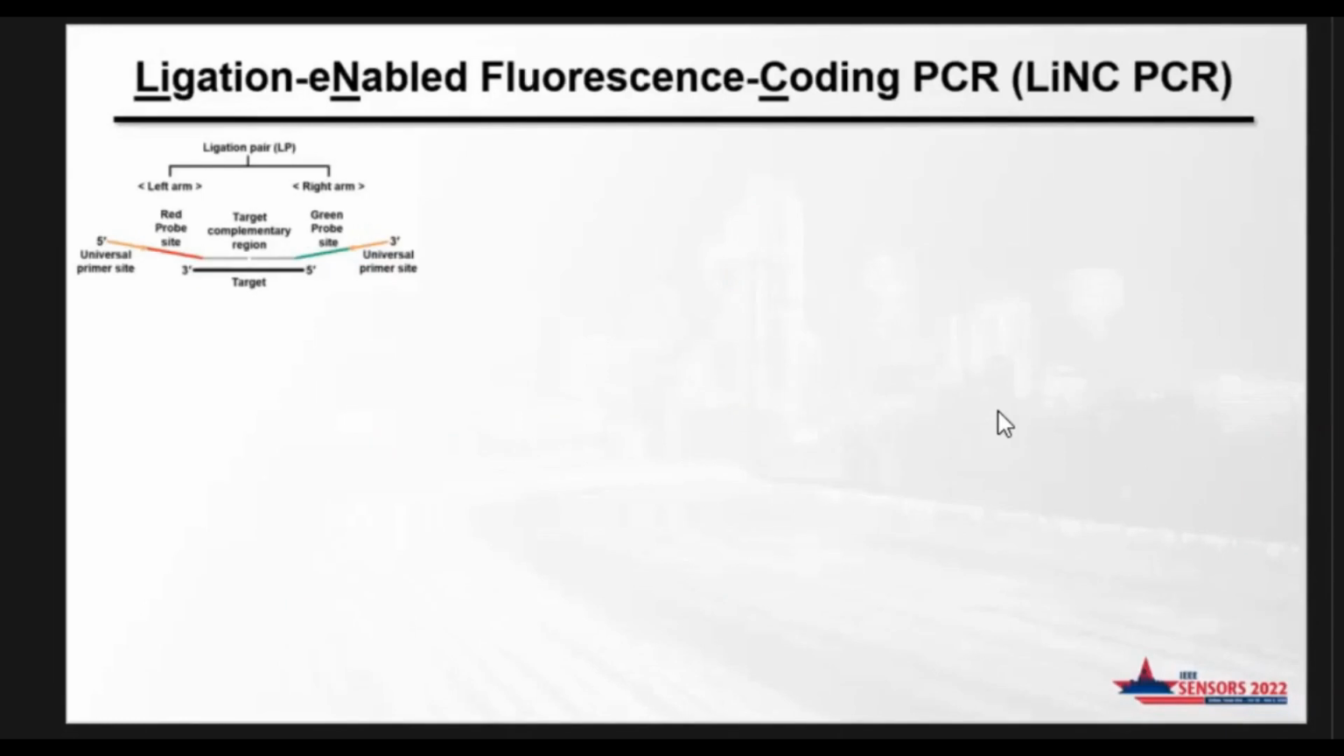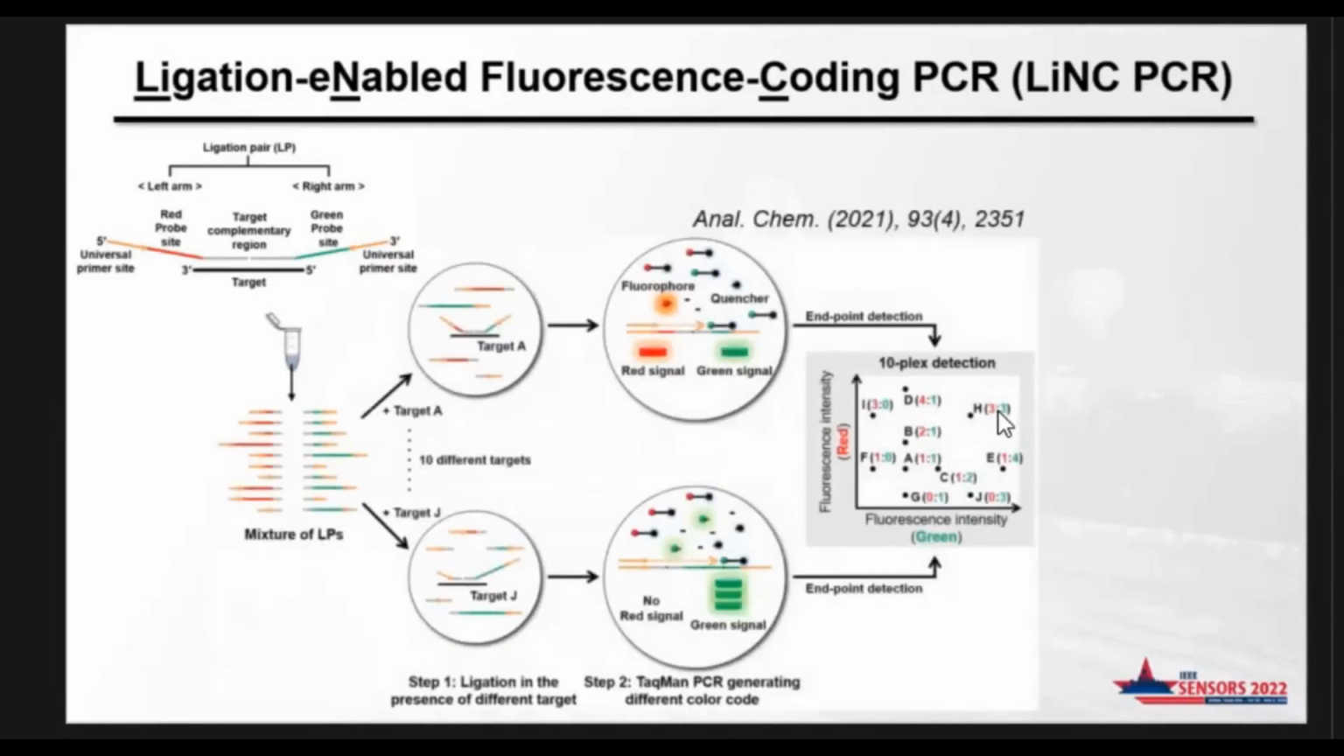So using this strategy, we have designed 10 ligation pairs that share the same primer and TaqMan probe binding sequences, but the number of red and green probe binding sites, as well as the target complementary region, are different. So in this dLiNC PCR assay, we have a mixture of 10 ligation pairs, and in the presence of each target,